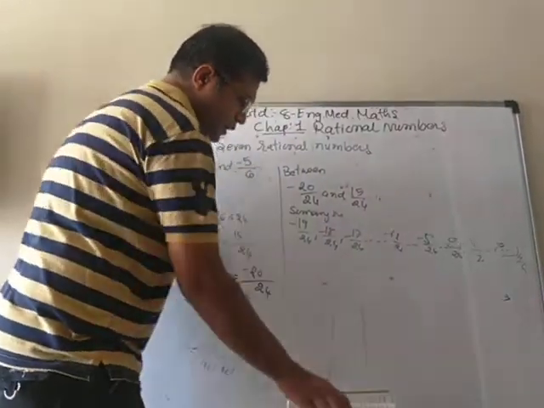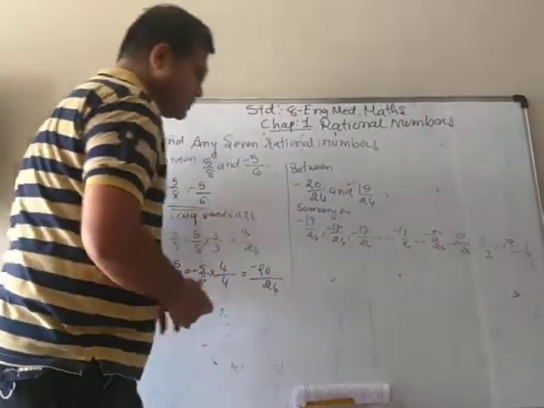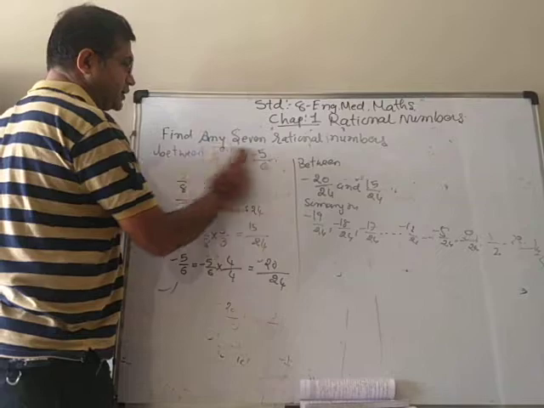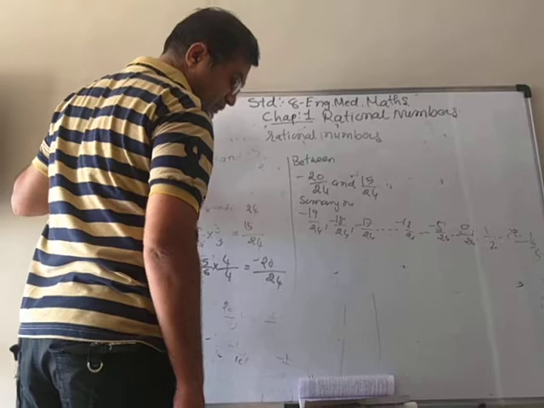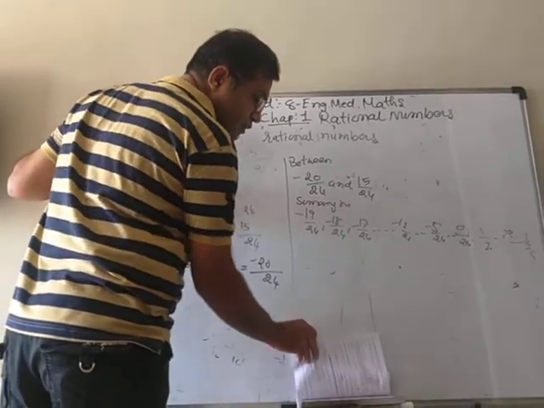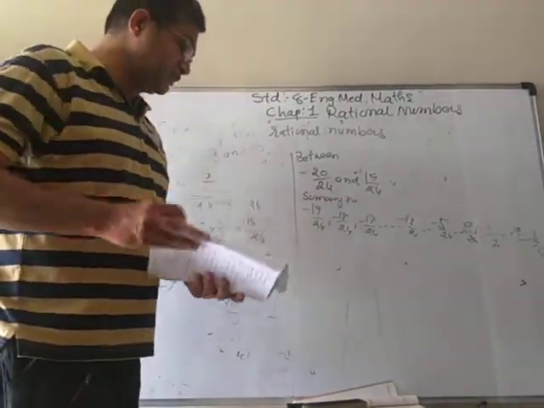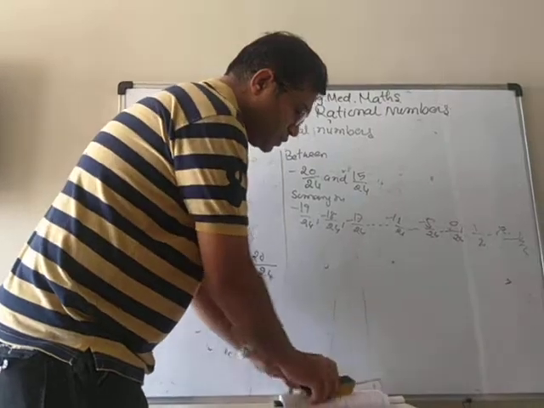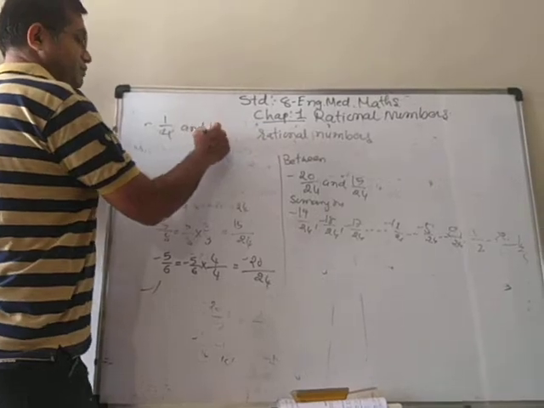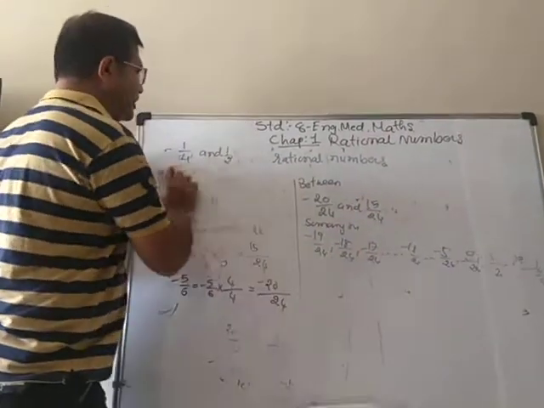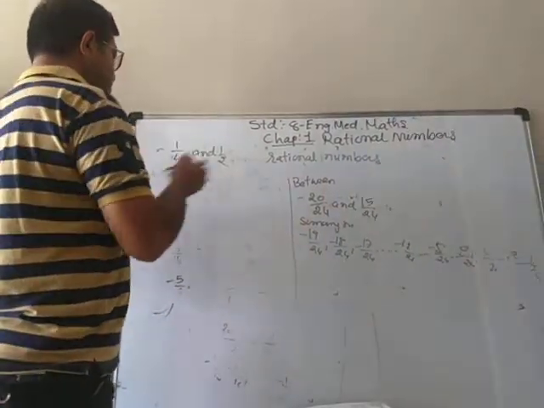And here we can also find different numbers. Now sometimes there is only a small range when you come here. Suppose we are given: find rational numbers between, let me check some examples, okay, we can take 1 by 4 and 1 by 2. Number 1 by 4 and 1 by 2. So here you can see that the LCM will be 4.